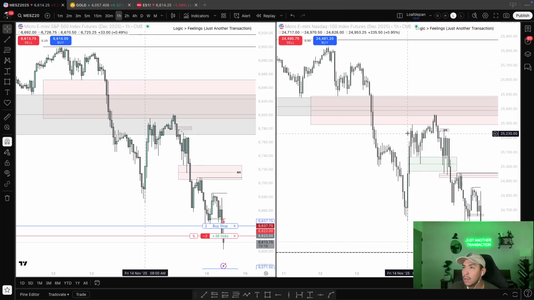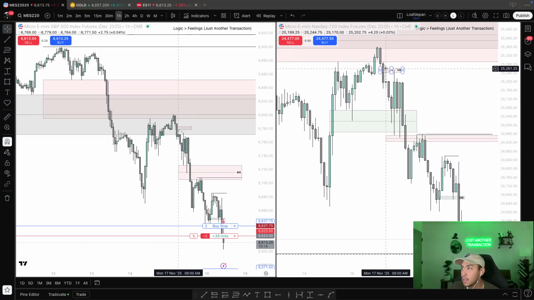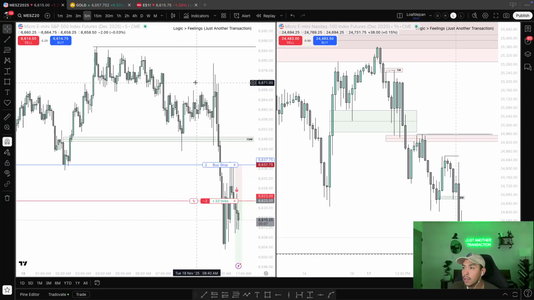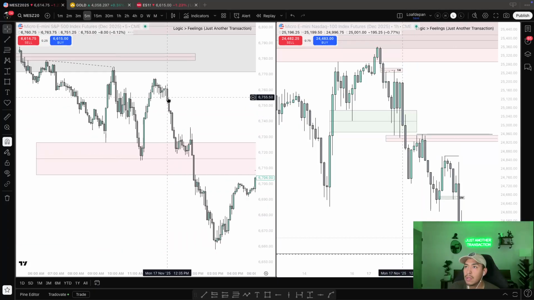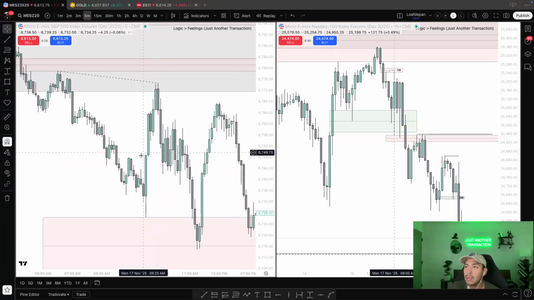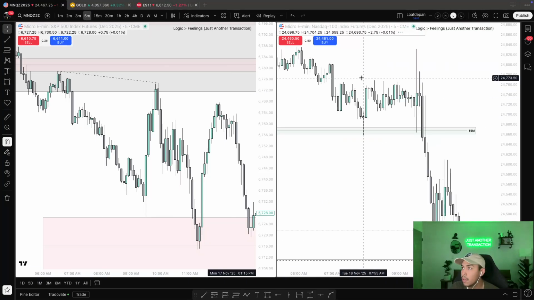Am I mistaken? Was it on the 4 hour? There was a higher time frame SMT, and now we have this time frame SMT as well, the 1 hour. Then if we drop lower to the 5-minute, this is where we begin to see, after we put in this SMT, we start having a displacement lower.